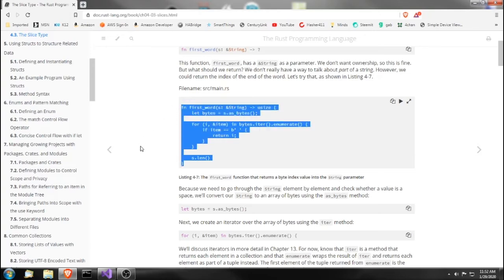Listing 4-7: the first_word function that returns a byte index value into the String parameter. Because we need to go through the String element by element and check whether a value is a space, we convert our String to an array of bytes using the as_bytes method. let bytes = s.as_bytes();